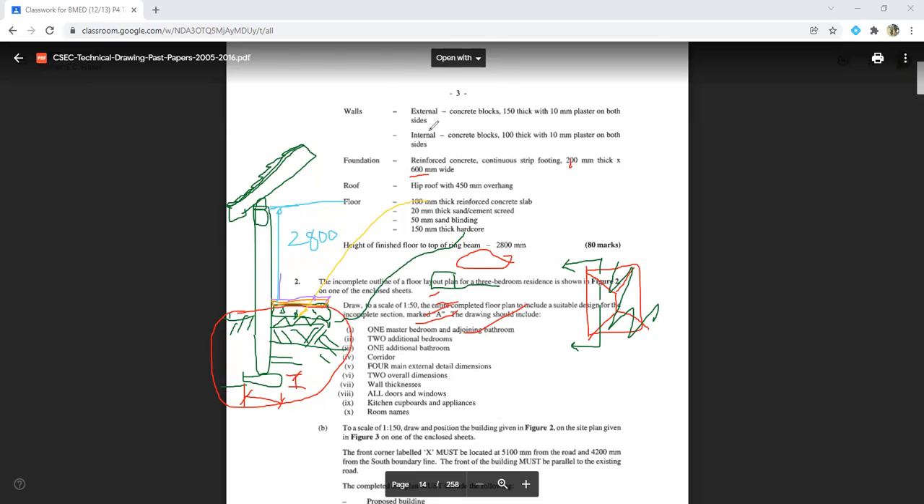Next thing they cover here is the external walls and internal walls. External walls are the walls that form the outside of the building. Those are external walls. And you will notice here that they have this plaster. The plaster is